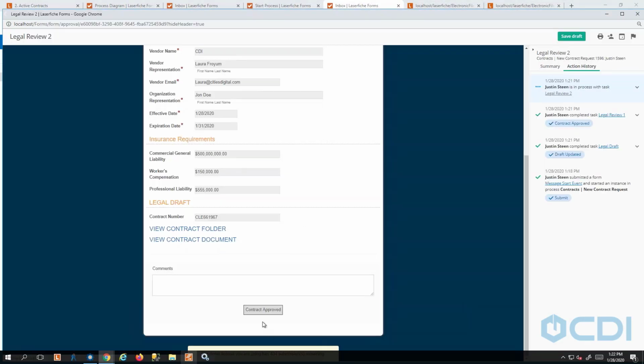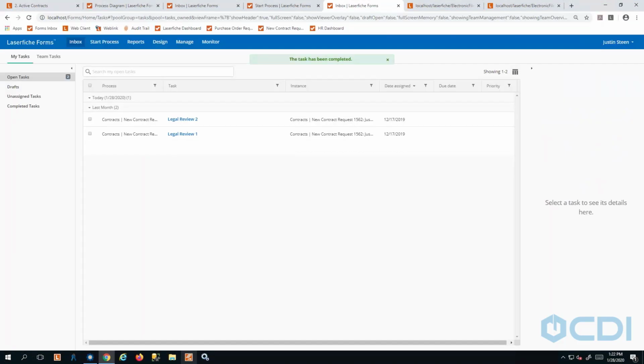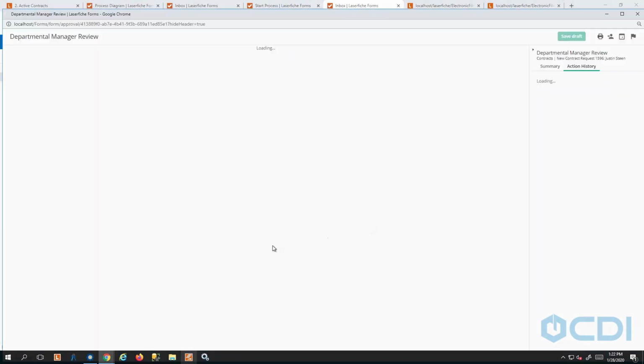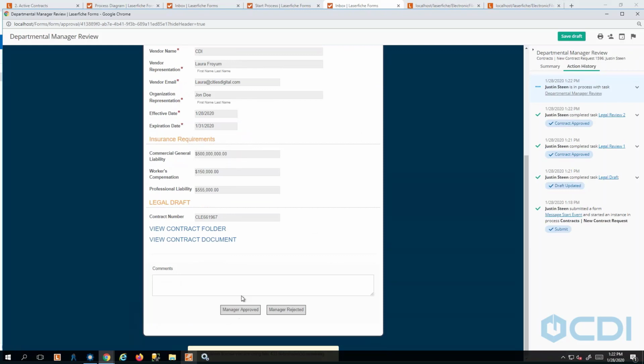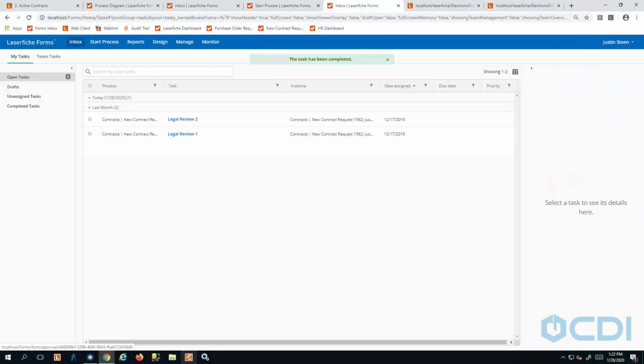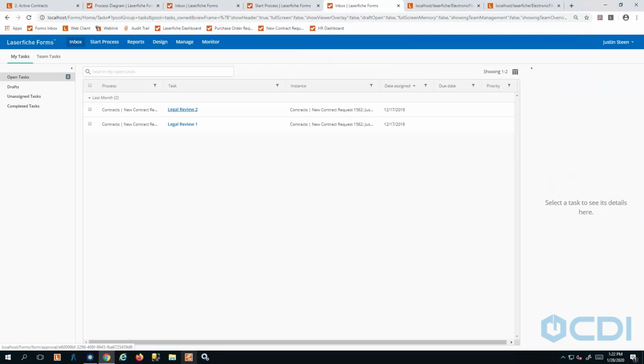I'm going to go back to my task here and approve it. So that was the, oh no, one last approval. So this is just headed back to the departmental manager to put their finishing touches on it, say okay. And once it goes through its final approval, it's going to automatically push all of those changes out to DocuSign for signature. So if I jump into my email,